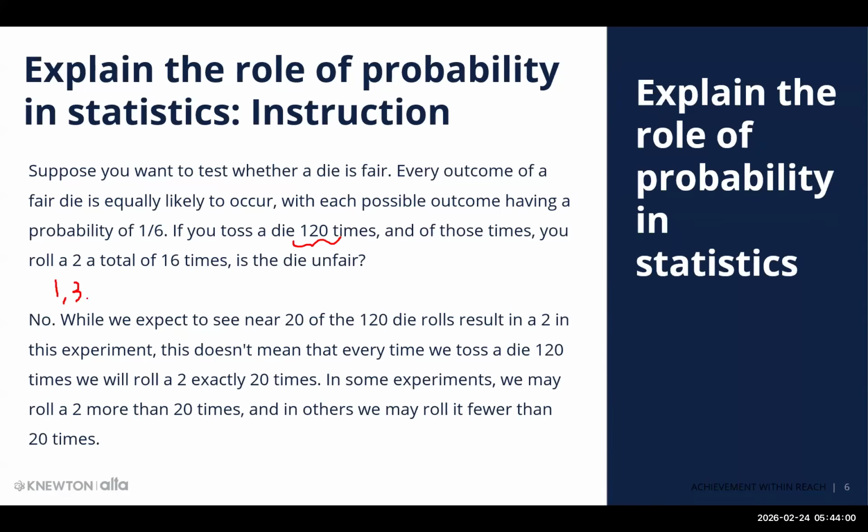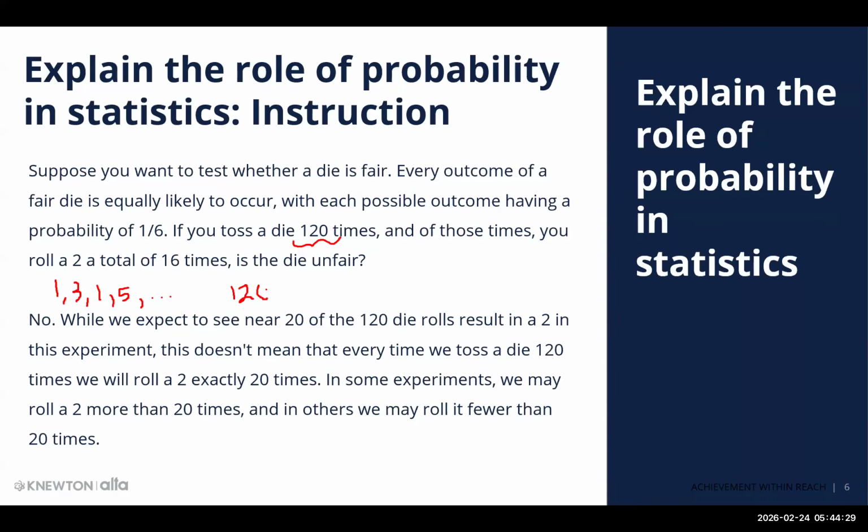I'm listing them just to give us a sense of what might happen. Then you might roll another 1. You may roll a 5, right? And you'll continue to do this, and assuming you do this 120 times,